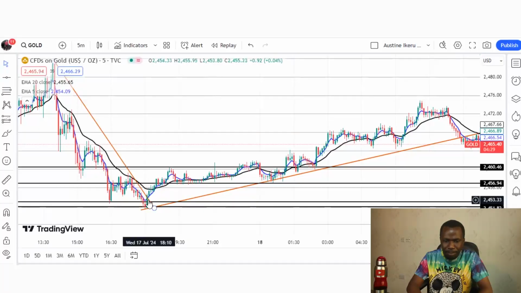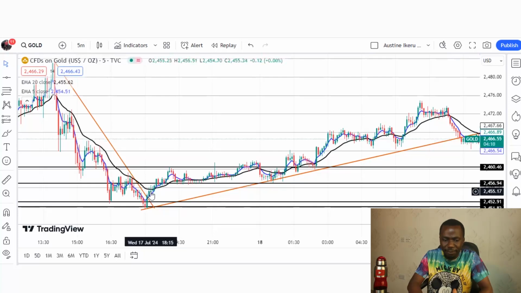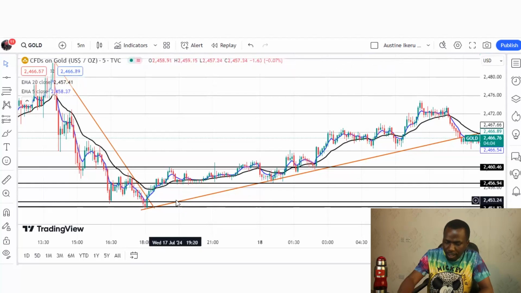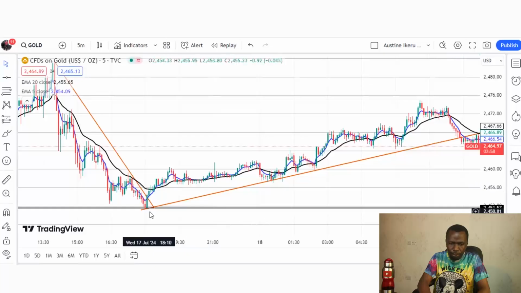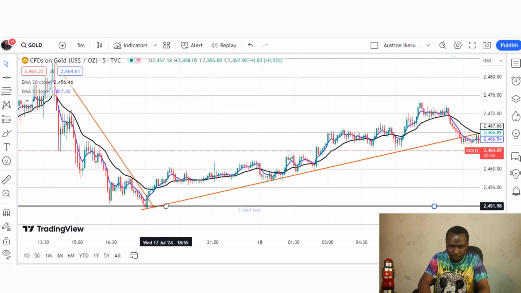So for the fact that the price has crossed above the moving average, we have assumed that a new uptrend has begun. Have it at the back of your mind that we are trading the 5-minute time frame, right? We have assumed a new uptrend has begun because the price has broken above the 20 EMA and the 5 EMA has crossed above the 20 EMA. Okay, let me delete this so that you don't get confused. So this low has become our support level, right? That is why we map this low as our support level.